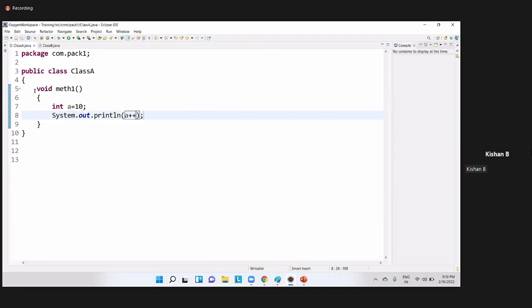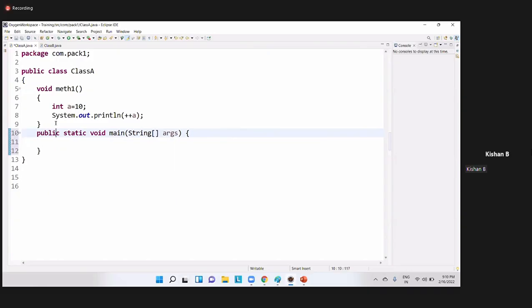First, let me go with pre-increment. Now, inside my main method, I'm going to create an object of class A and call method one. Now, if I execute my program,